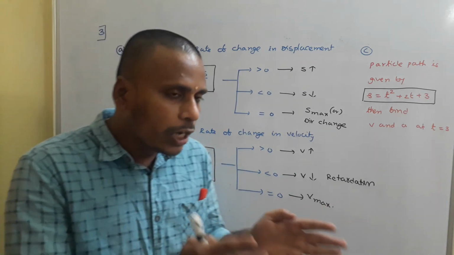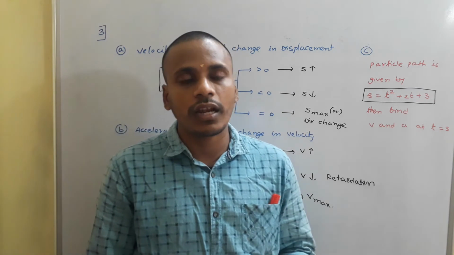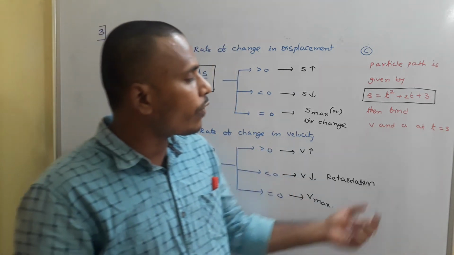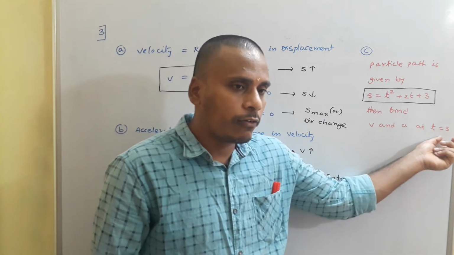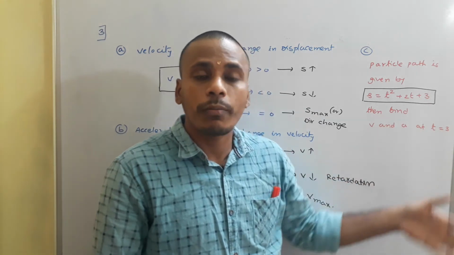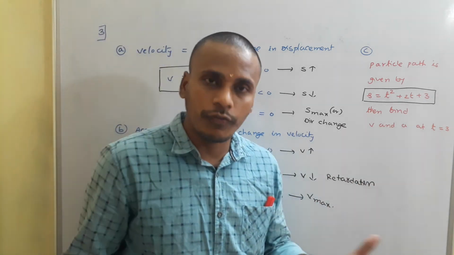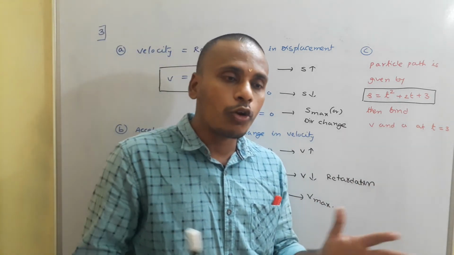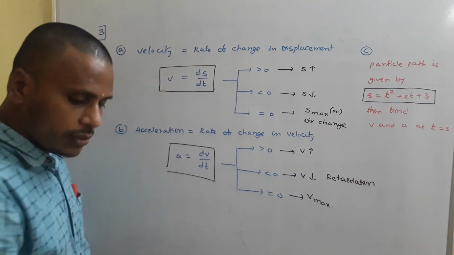From point to point, from time to time, velocity will change as well as acceleration. The question is about finding velocity and acceleration at t = 3. If it is at t = 5, the values may be different. If at t = 7, the values are still different. From time to time, from point to point, velocity and acceleration will change, right? And now I am going to erase this.